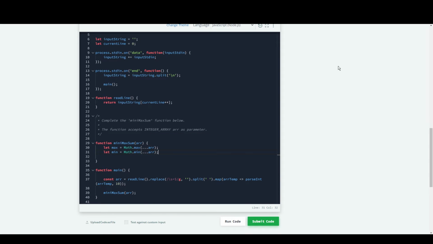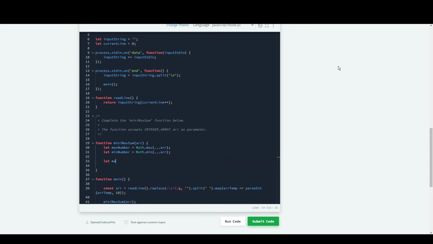Okay, so we now have the max and the min number. Actually, let's call this max number and min number. And then